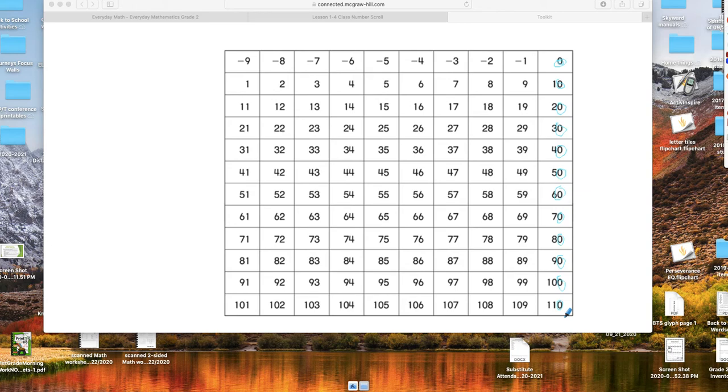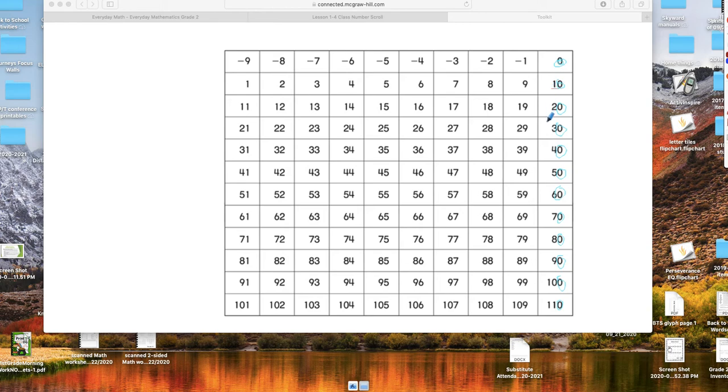So I want you to notice something really quickly. It would really help to have your eyes up here because you're going to be practicing this on your own in a few days. So it would be a good idea to pay attention to it. The number in the ones place stays the same. Like I circled all the zeros and made them blue. But if you look at the number in the tens place,